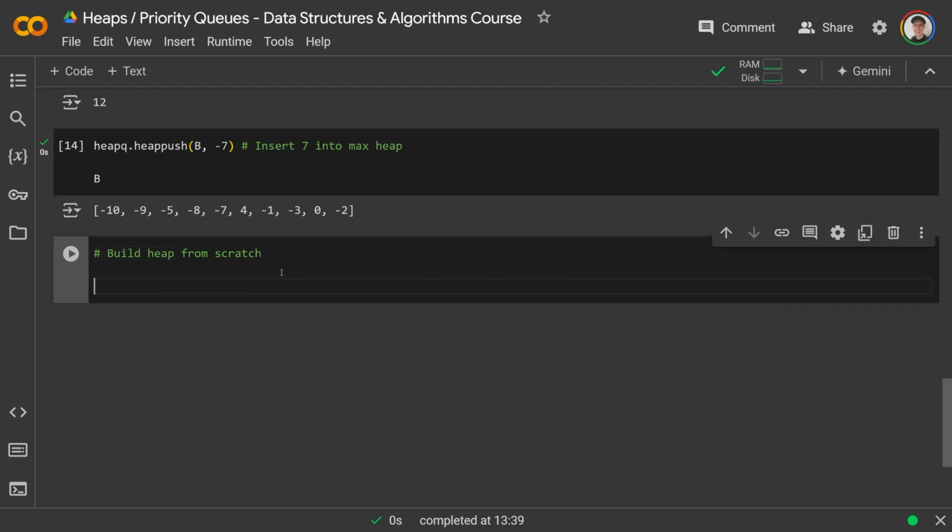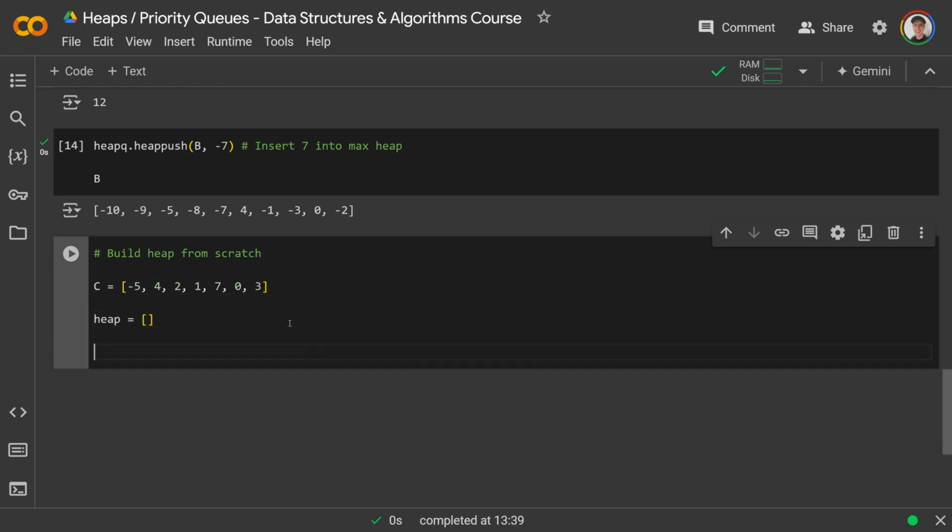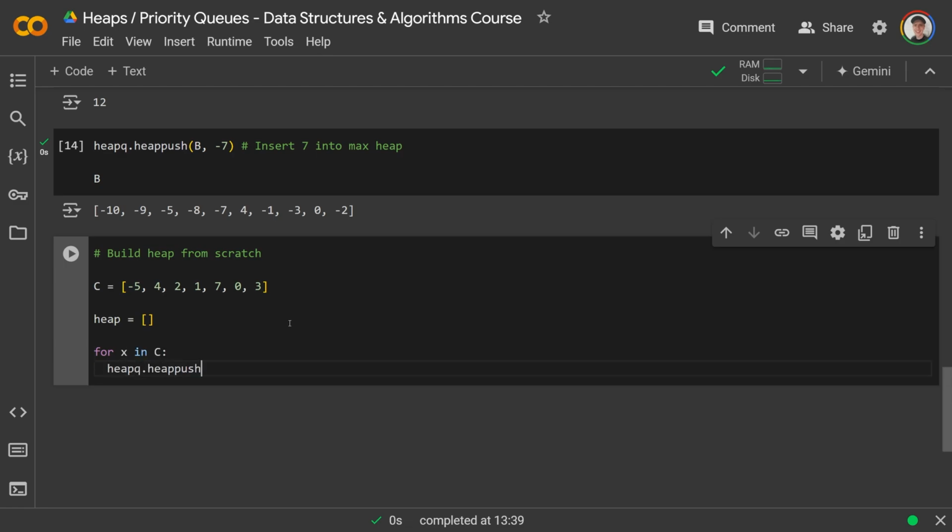So let's say we had some array of values. We'll say C is just some array of values: -5, 4, 2, 1, 7, 0, 3. What you would do is call heap equal to an empty array, and then do for each object x in C, so each number in C, heapq.heappush onto the heap. You would give that the number x, and then if we print the heap along the way